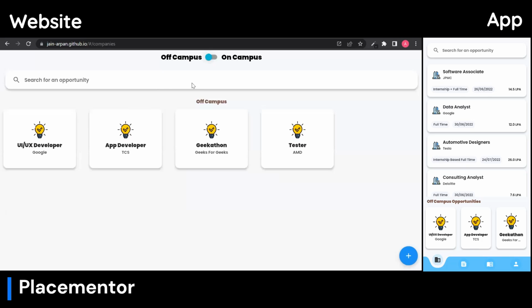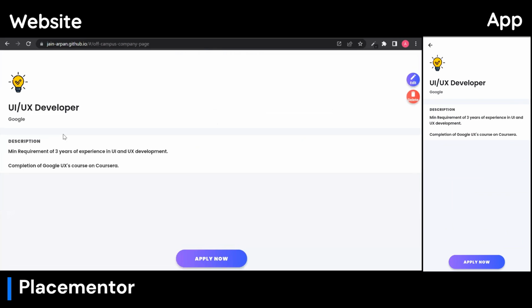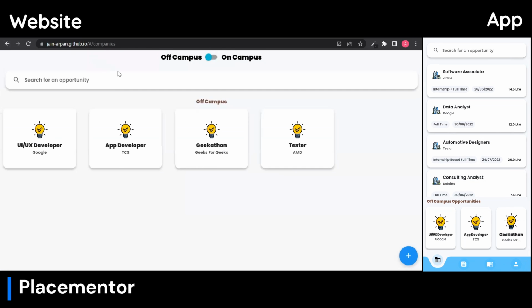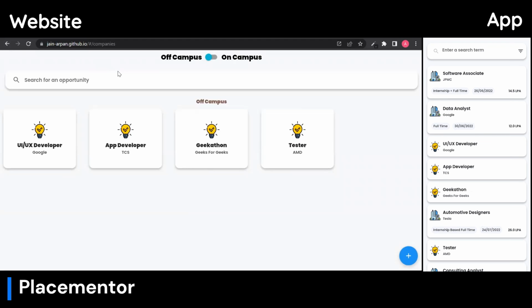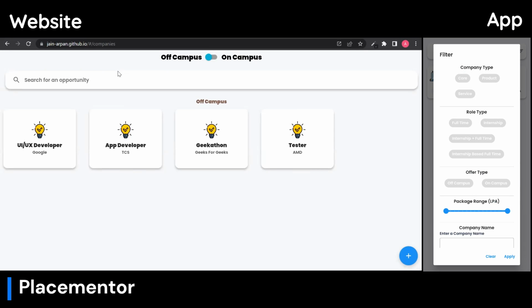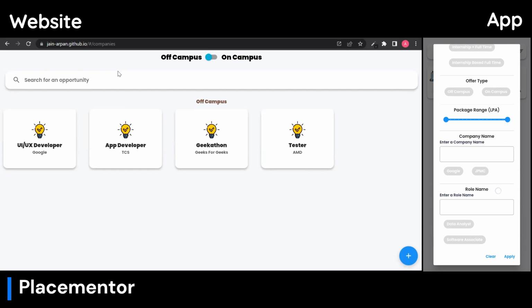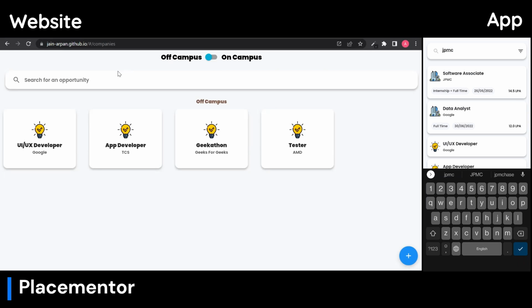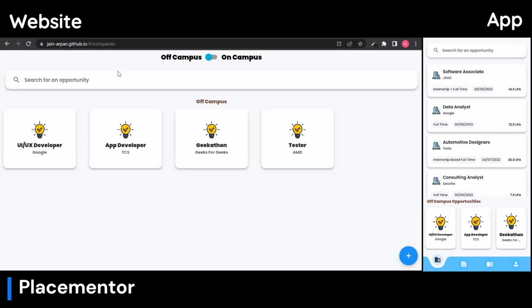Now if we see the off-campus section, it is similar, but there is a lot less information because the college doesn't know about this. Now we have a search bar on both sides, on the app and the website, which will help us search through both on-campus and off-campus companies. If you search for JPMC here, it will show you the JPMC company, and you can also apply filters such as company type, role type, offer type, package range, company name, role name, and skill set. Now if we go back to the website,